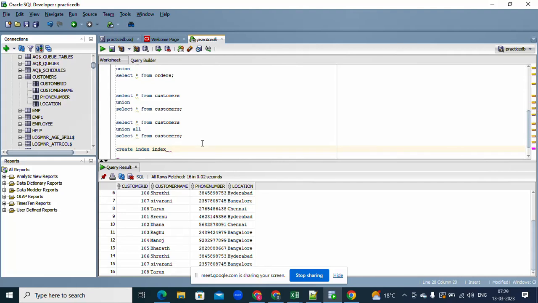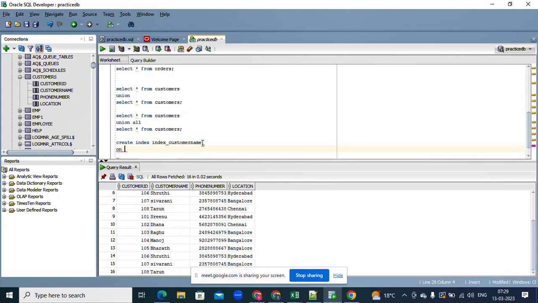I'll create the index for customer name, so for the index name I have given index underscore customer name, because for the customer name column I would like to create the index. That is our choice, but if we take a similar name, it will be good for understanding. So customers,